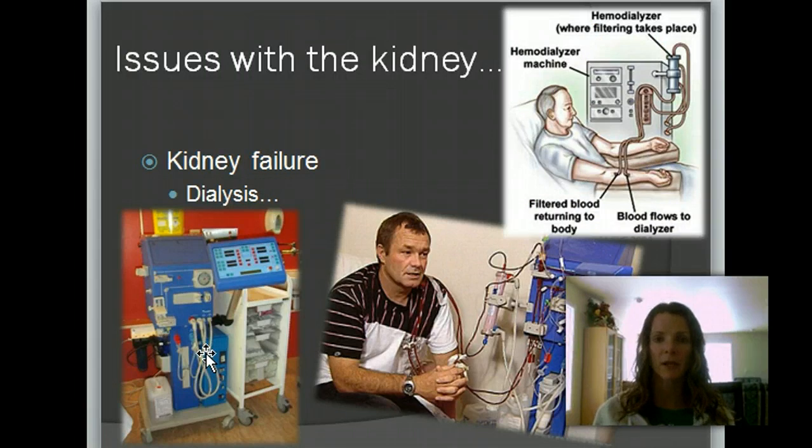For one reason or another, people can have kidney failure and issues with their kidneys where they do not work properly. So ultimately, when people have kidneys that do not work, maybe they've overworked them, there's a number of ways that you can really ruin your kidneys. One is a weird way, I'll tell you guys just as a little FYI, that there used to be this diet out there called the Atkins diet. Some of you guys have heard about that. And the Atkins diet was basically you cut out all carbohydrates and all you eat are proteins. So basically no carbohydrates, even in the form of fruits and vegetables, and you're just filling your body with protein,